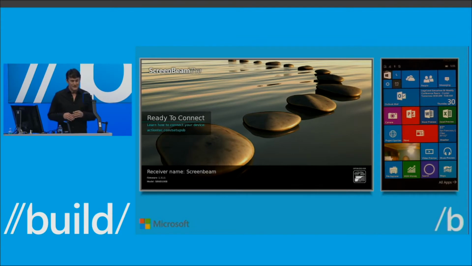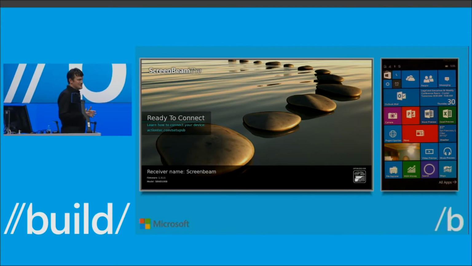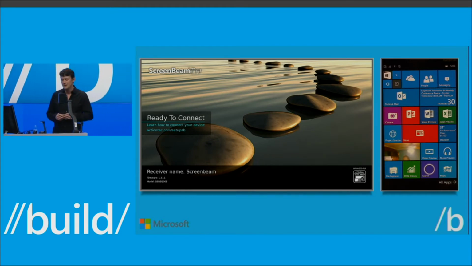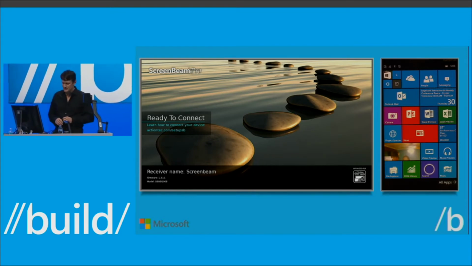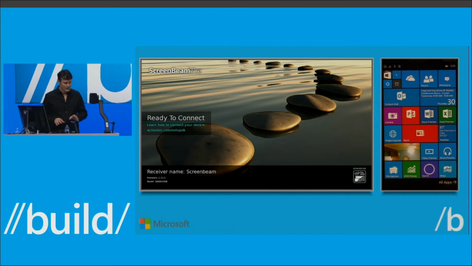Keep in mind, though, this is live code. This is a work in progress. There are some rough edges that you'll see, and some glitches that I'm sure will come up during the demo. So keep that in mind. Bear with us a little bit. Now, before I get started,